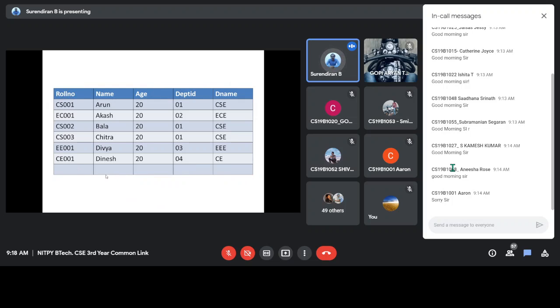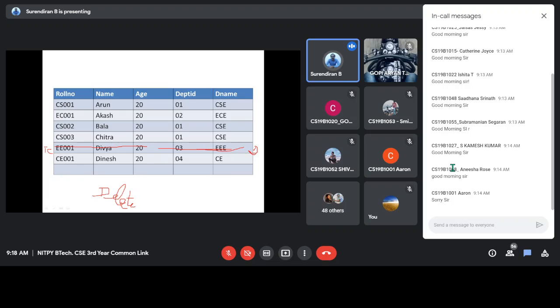Next we have update anomaly and delete anomaly. Let us see delete anomaly first. Let us say a student wants to get a TC. She wants to leave, maybe after joining she got a medical or some other course. So if we delete this row, this content also gets deleted.